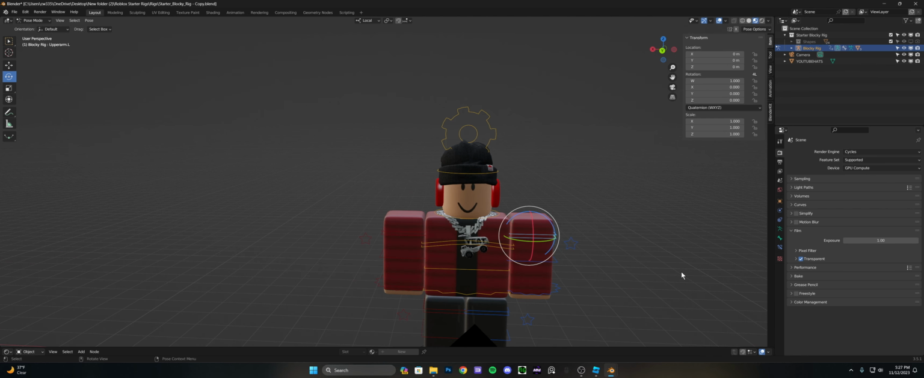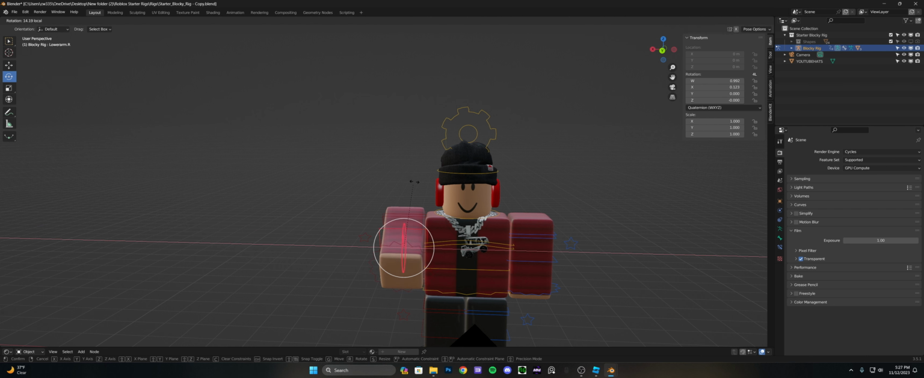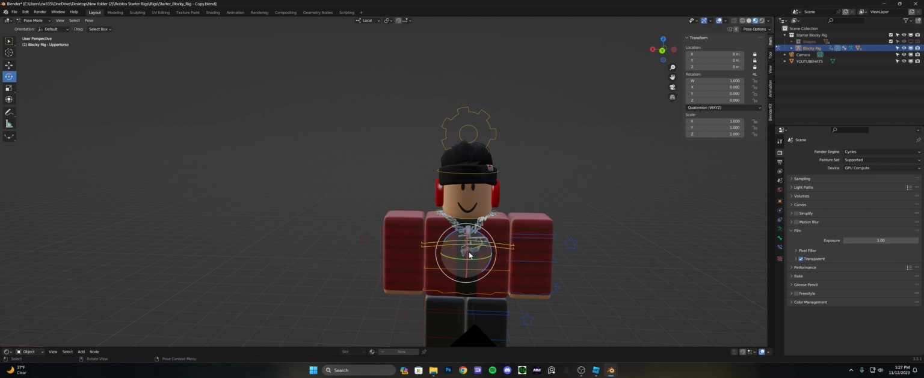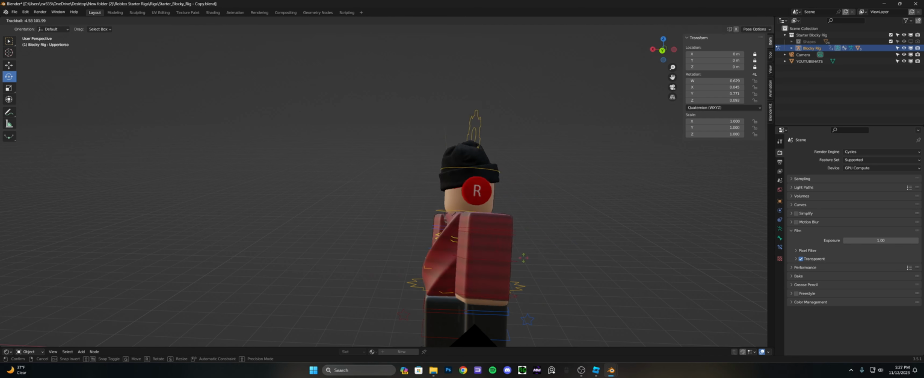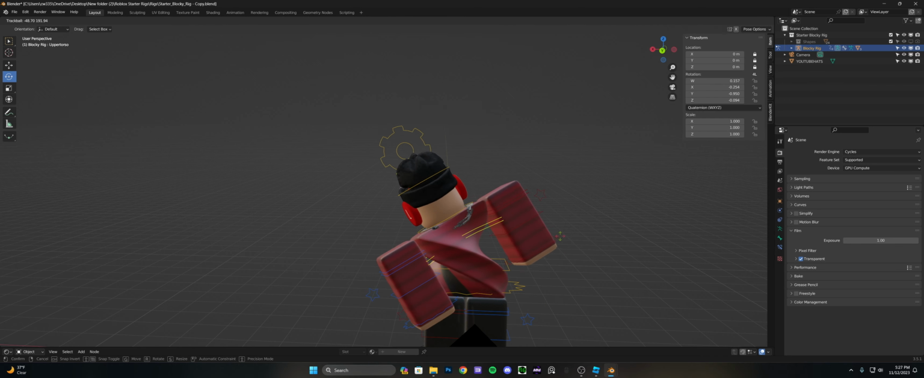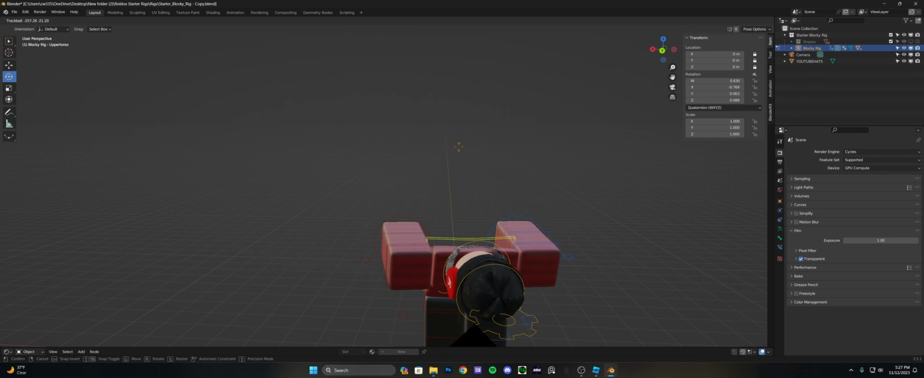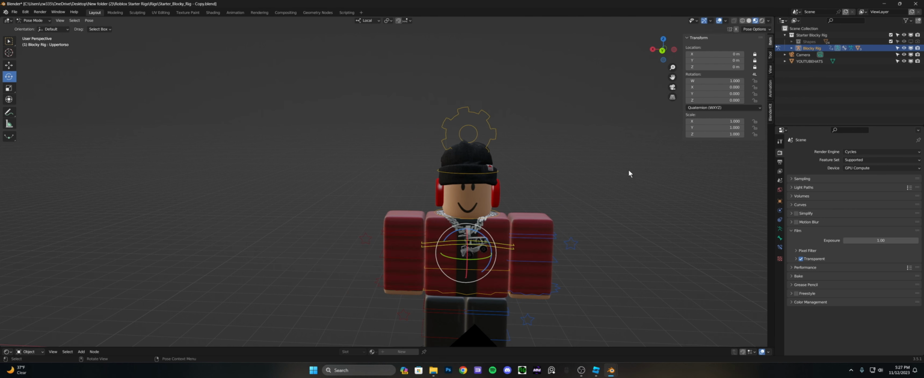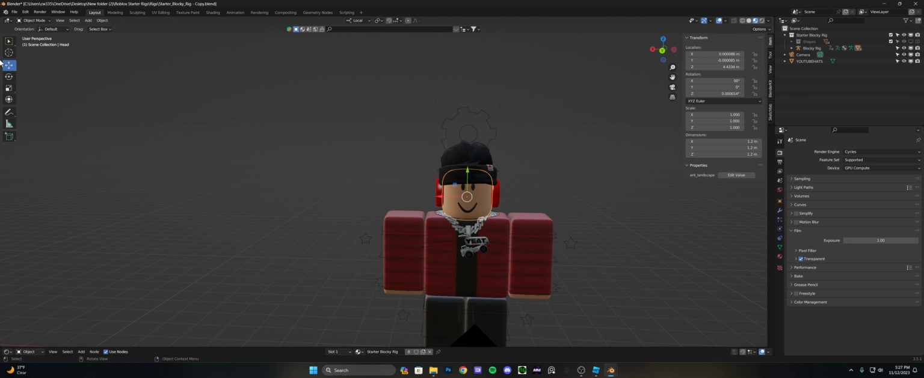It's basically Roblox Studio, but you see how smooth it is. You cannot do this in Studio. You can move like that, like that. But let's go back into object mode, and if you're doing headless, just like me, right click it